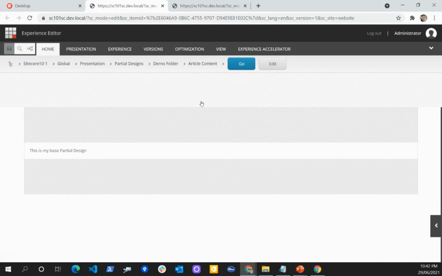It's very simple, the way we do the architecture design in our solution. You can keep all your base things in the base partial design and get the benefit of reusability.